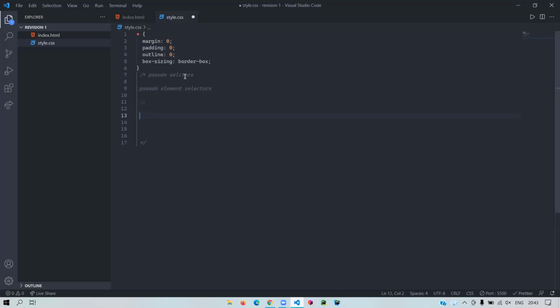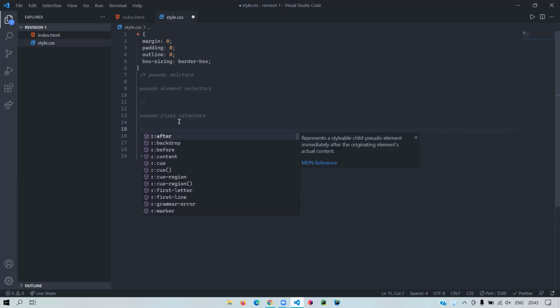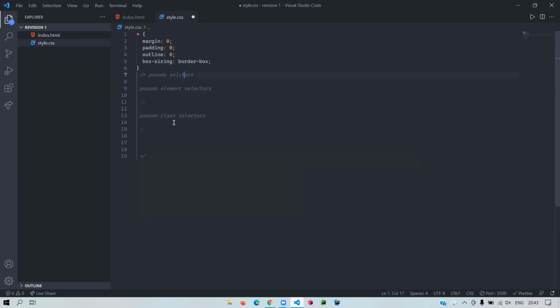And for pseudo class selectors, you would use this. You would use a single colon because there's a difference between the hierarchy, right? To make it easier for web browsers to understand it, we have different symbols. It doesn't really create much of a difference, but it's recommended you do that.